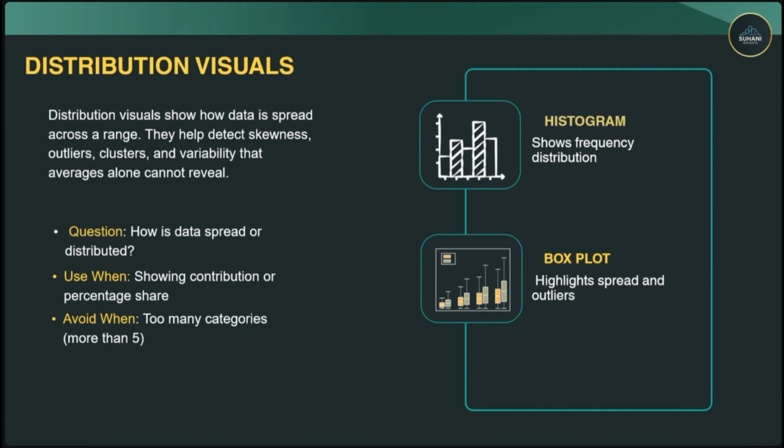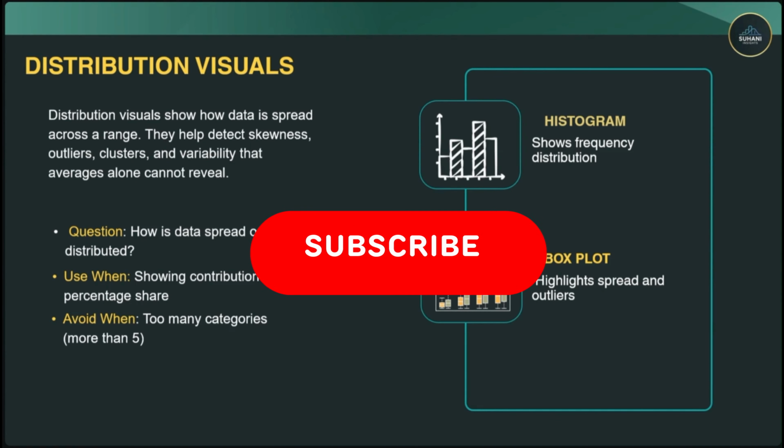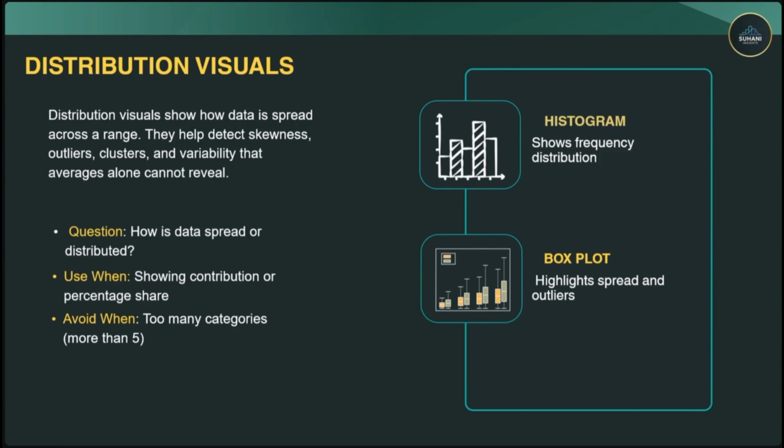Averages cannot be shown clearly with the help of a histogram and box plot. So if we are talking about something for average, then we should skip both of them. But if we want to talk about how our data is spread, or how our data is skewed, then these both are the best visuals. Basically, these visuals are not used for analyzing the data, but before that, to understand which data we should talk about or which sample data we should go with.